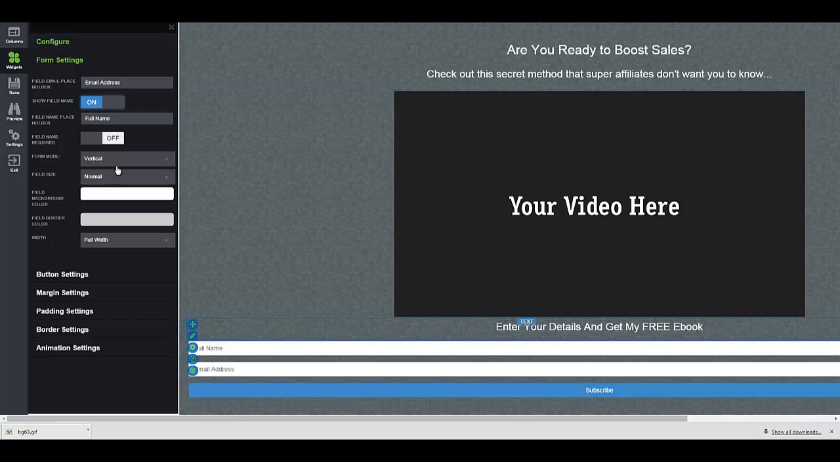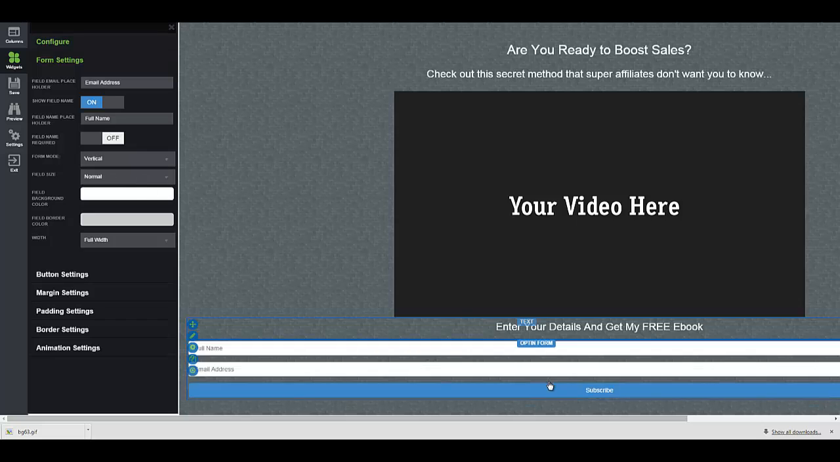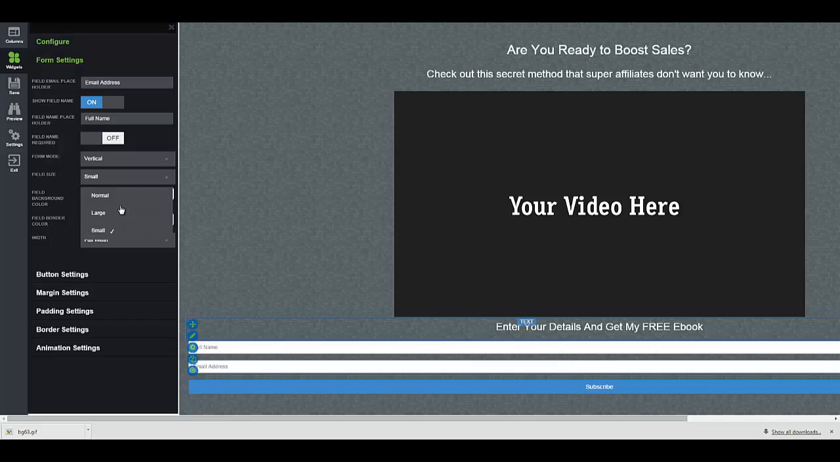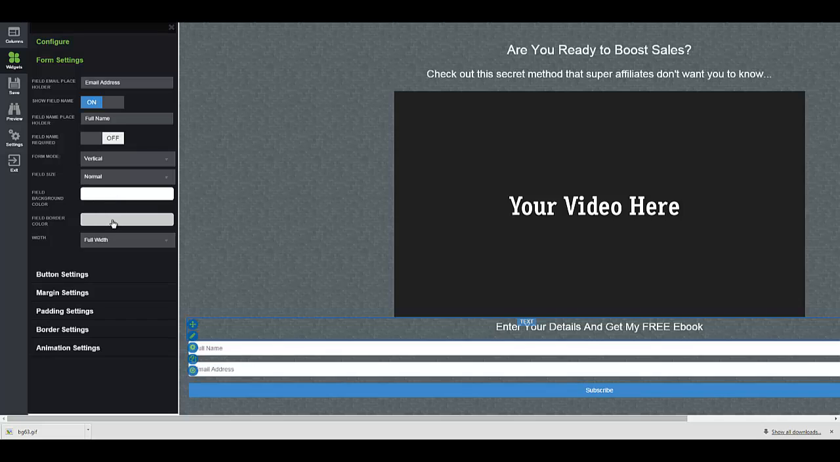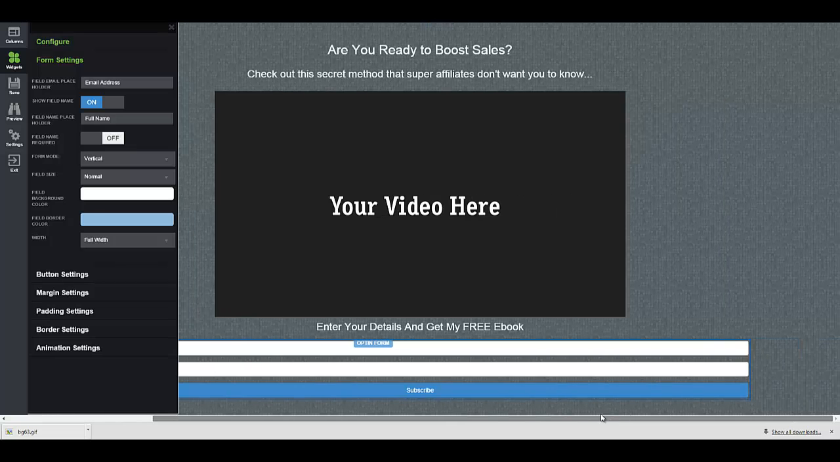to hit subscribe. The form mode, vertical or horizontal. As you can see, the horizontal form looks like that, or the vertical form is like that. The field size, now here you can change the size of each field, background colors. Okay, now if we want to change the width of our opt-in form so it's not taking up